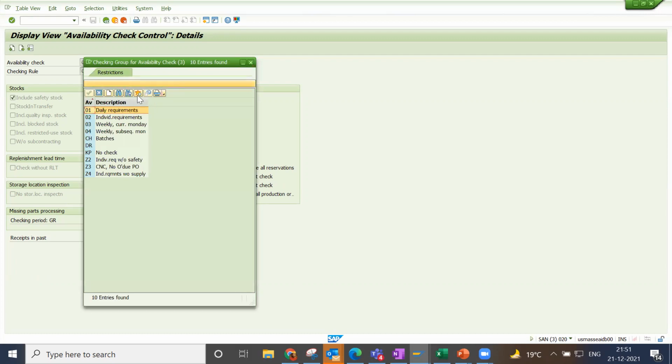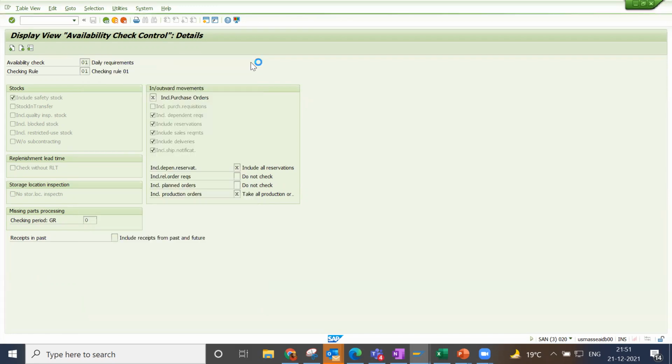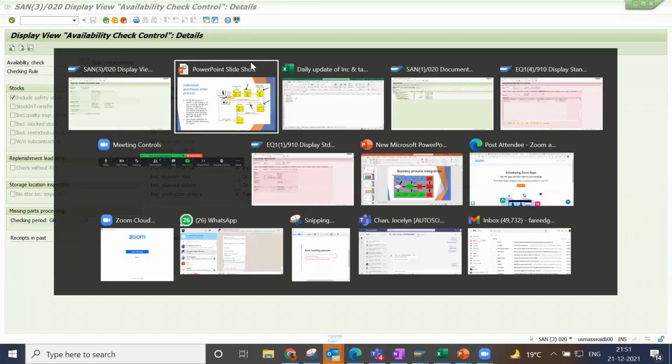Here we have 01 and 02. For sales, we maintain 02, which means whenever we create a sale order, the system updates the stocks in the MD04 screen. Let me go to MD04.